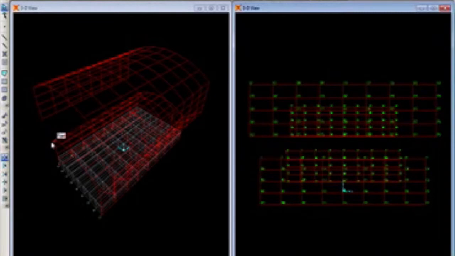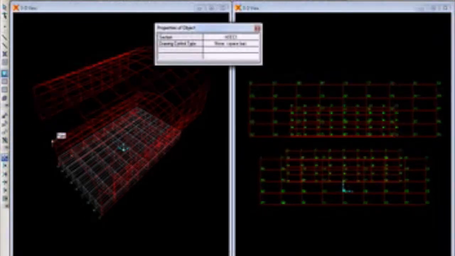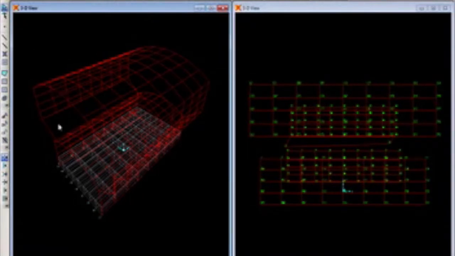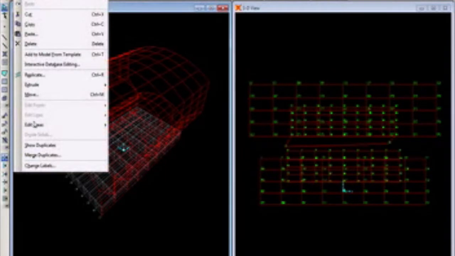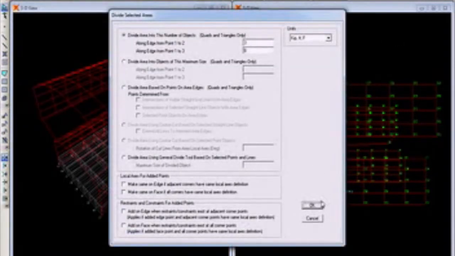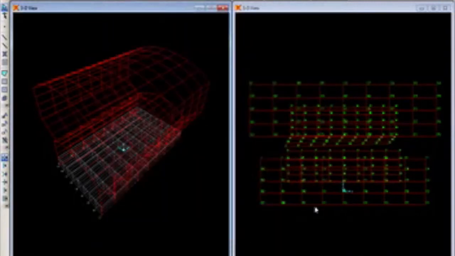So what I'll try to do is connect this area over here. Again go for poly area, go for selection of the member. Please be careful while selecting the members and see that there are no disturbances here. Again just say enter. Now you can go for the select tool and select the area over here. Again you try to edit areas, divide areas. So go for 3 and 8, just say okay. So now these areas have been divided.